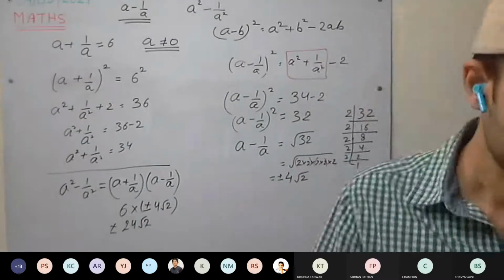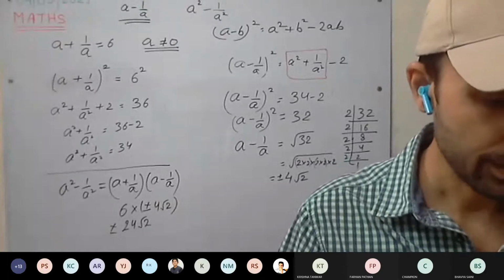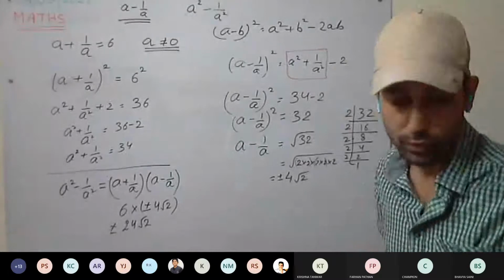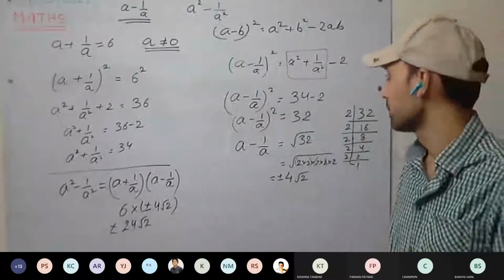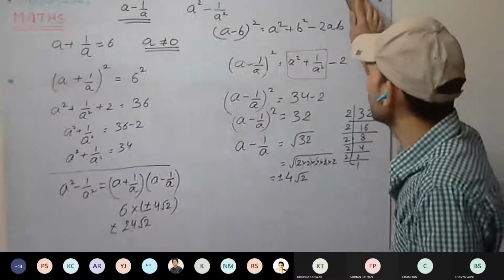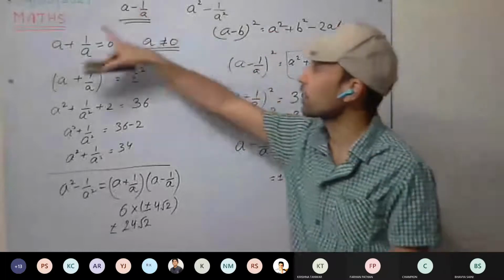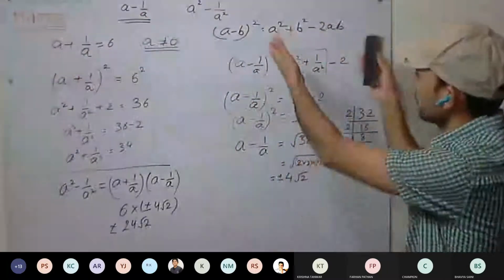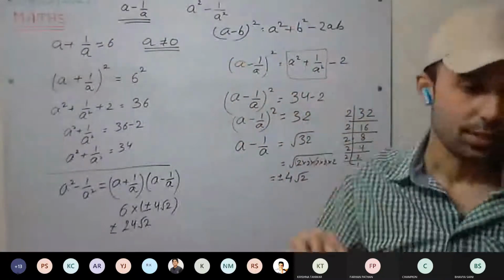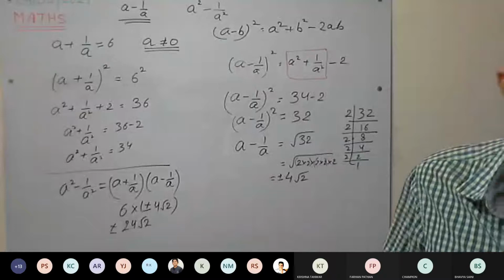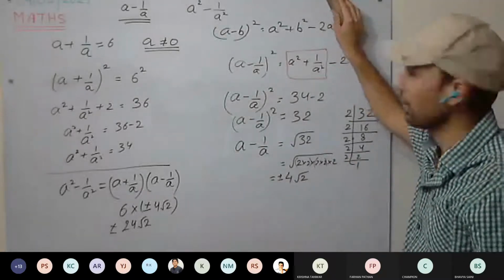Is this clear? 11th one, do as homework. You can do it as homework, 11th one. If you face trouble, tell me. 11th one, just go through the question once. You all can solve. It's just the reverse. That is, a minus 1 upon a is given, and we have to calculate a plus 1 upon a. So we'll start from here and move there. And the rest, a square minus 1 upon a square, the same thing. Understood? Anyone have doubt in this question? Anyone?